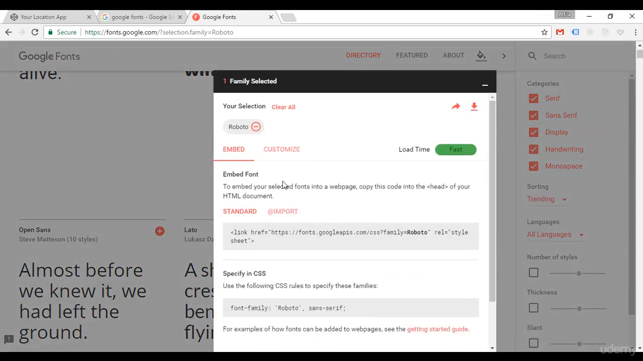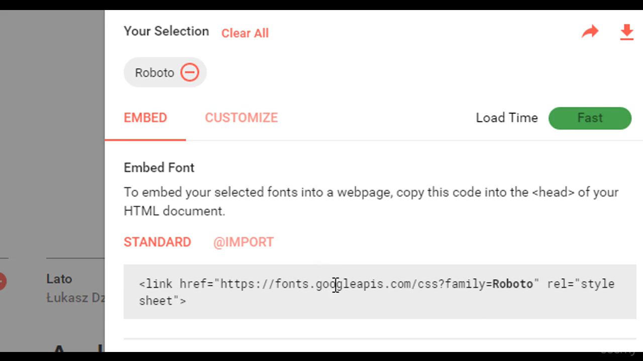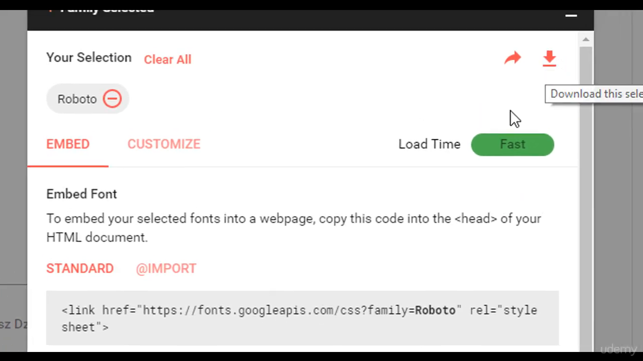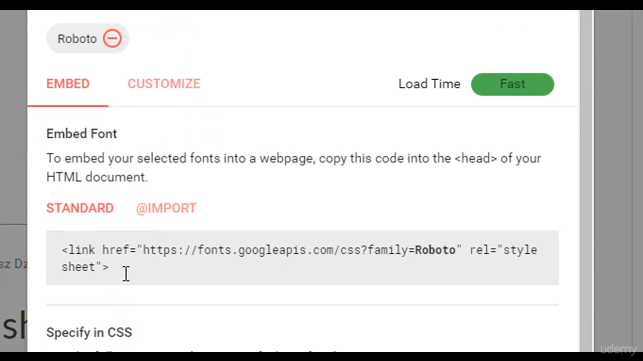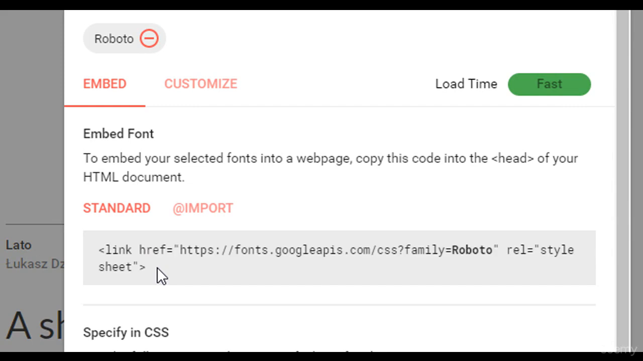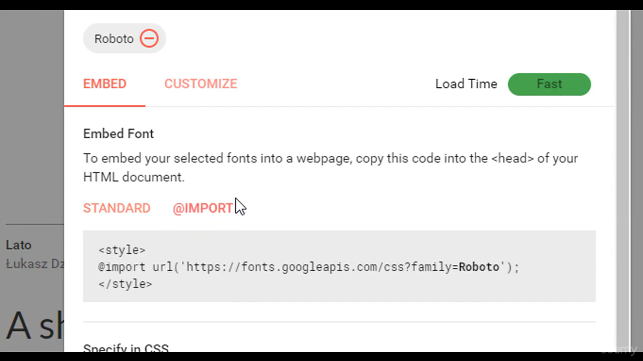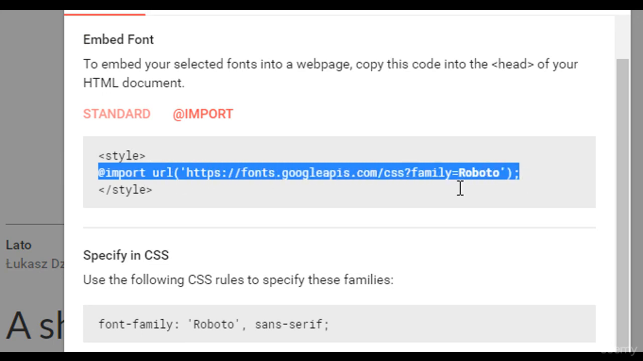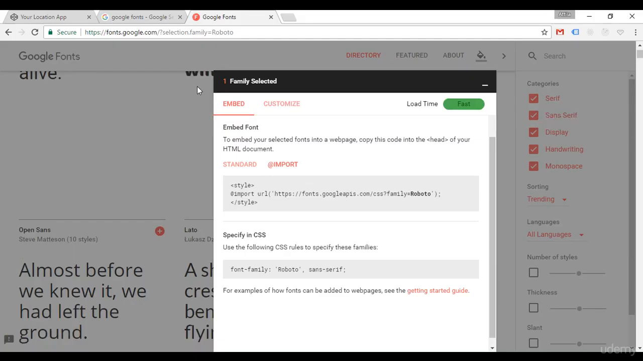So I'm going to click on that to open this up. And it gives you a few options on how you want to use this font. So you can download it here with this button here, but we're just going to embed it. So there's two different ways to embed it. You can use a link like this, but I'm going to use the @import rule here. So this is pretty simple. Just type @import the URL and it links directly to the font. So you just select that, copy it,